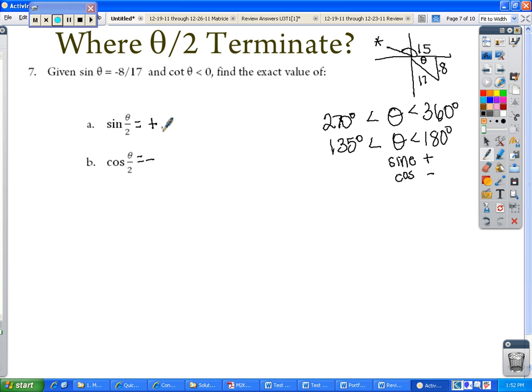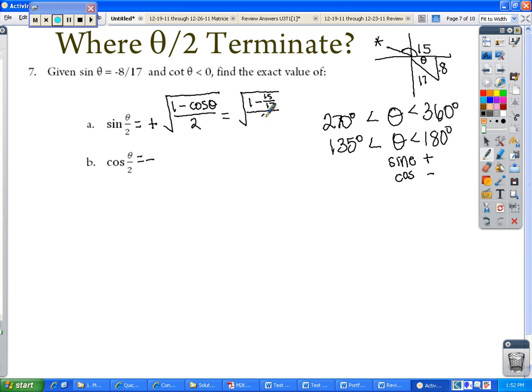I'm going to use my formula for half angle, which is the square root of 1 minus the cosine of the angle theta, over 2. Now I know from my reference triangle that cosine is adjacent over hypotenuse, which is 15/17. So I'm now going to substitute that in: 1 minus 15/17